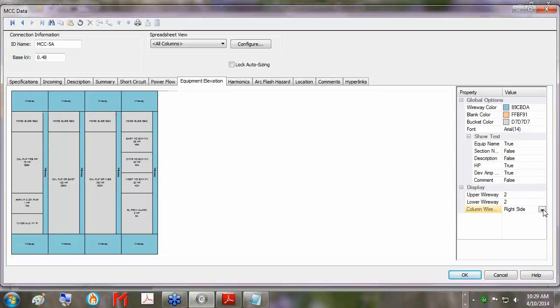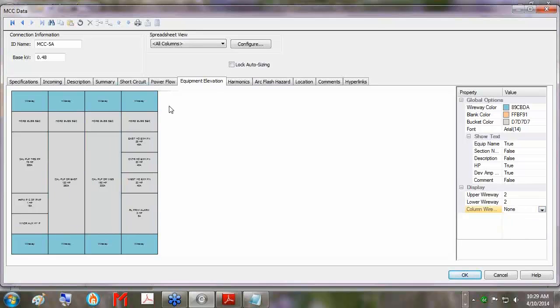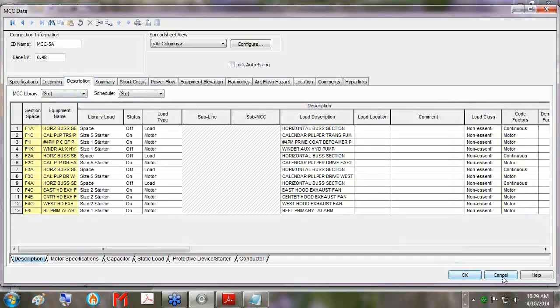You can also choose where your column wire would go. So we have our right side and our left side, or no column wire. This is a column-based MCC. You can also adjust a